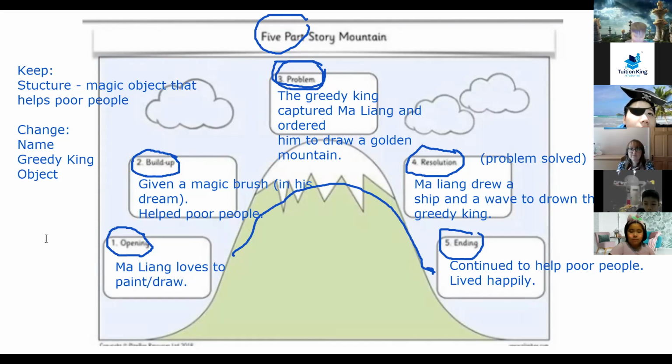Teacher, now we are basically just creating our own. Yes, but you don't have to write it all out. Okay, what you can do is you can just, if you have a piece of paper, let me show you. You can just do a rough picture of a mountain. Okay. And you can just do rough notes. So you could have a different name. You could have Tim